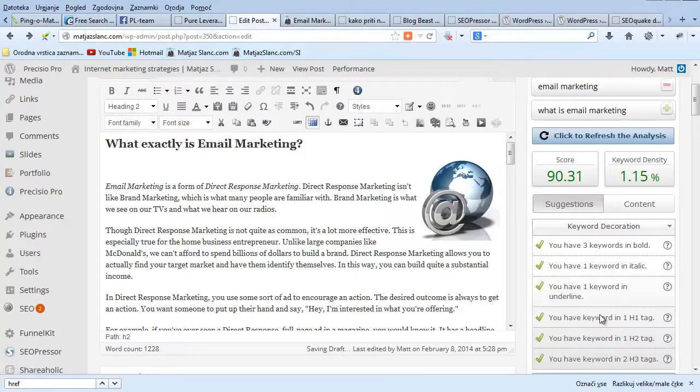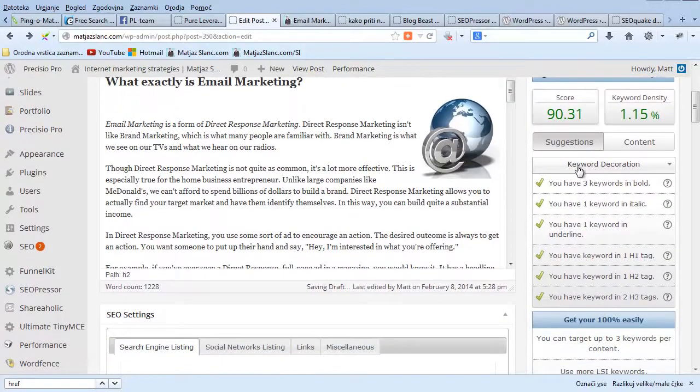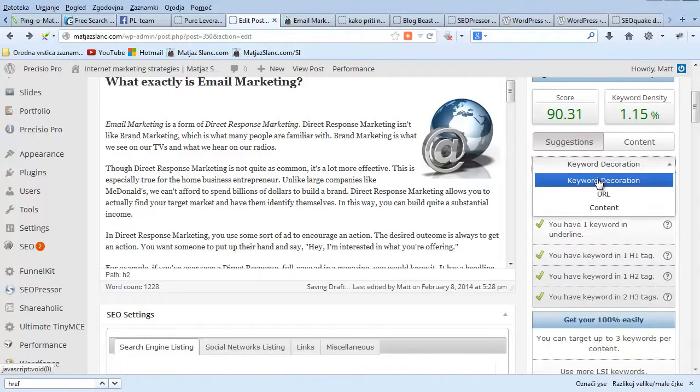To je, kar se tiče ključnih besed, potem kliknemo tole puščico, se nam odpre novo okence,